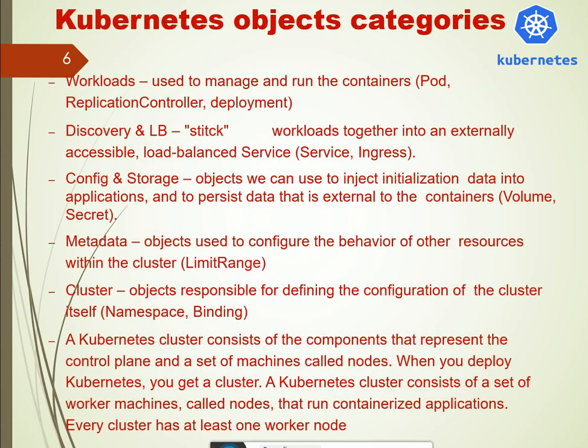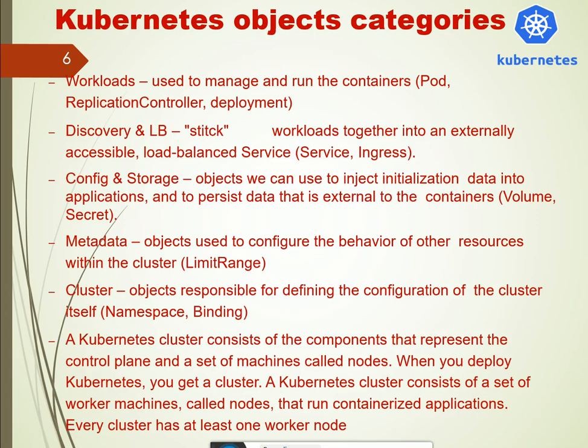Now let's see the Kubernetes object categories. Workload objects are used to manage and run the containers, like pod, replication controller, deployment. Discovery and load balancing objects aggregate workloads together into an externally accessible load-balanced service, like service and ingress. Config and storage